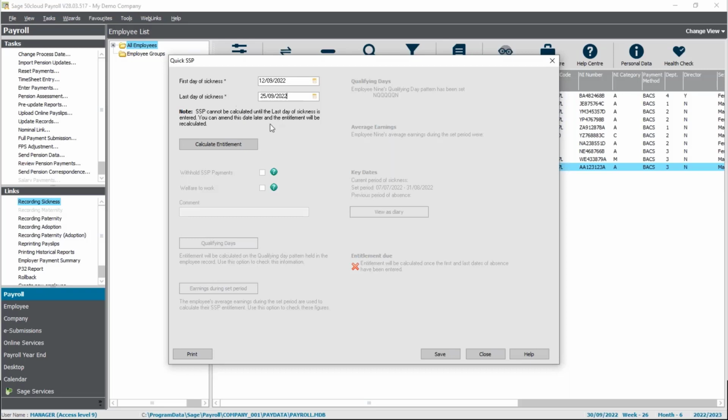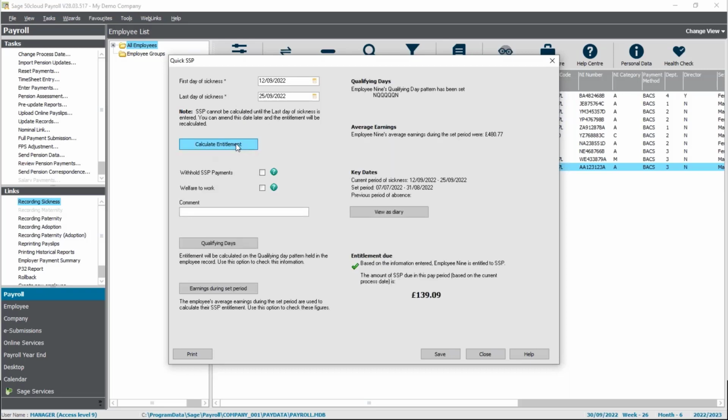Once you've entered the dates in, all you have to do is click Calculate Entitlement. Here in this section, it will work out what the entitlement is due. So you know that this employee is going to be due £139.09. You can obviously withhold the SSP payments if you need to. You can check the qualifying days as well. It also gives you what the employee's average earnings were as well. So I'm not going to save that,